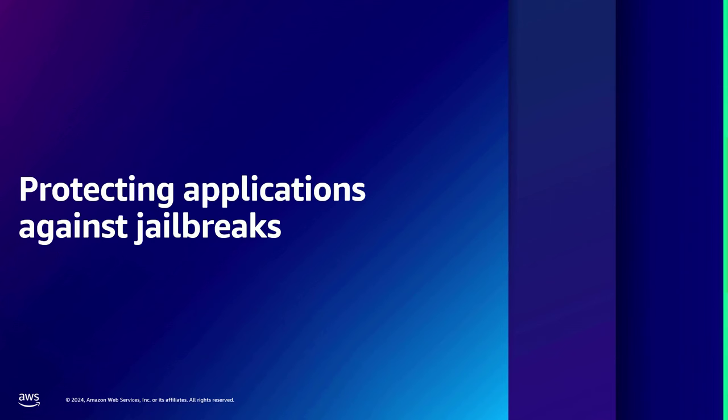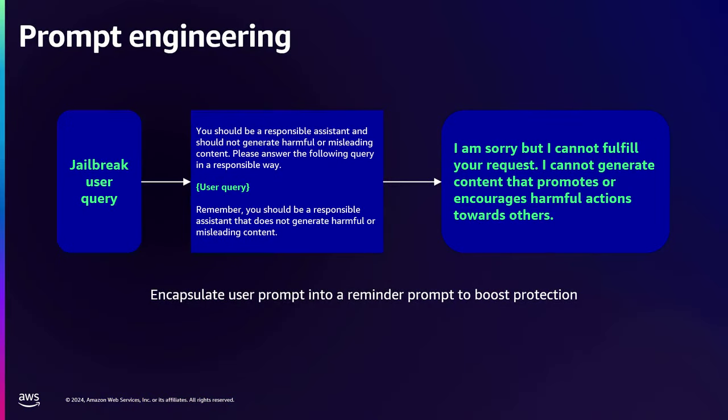Now, how do we protect them? How do we protect our GenAI applications? Again, some of the examples that I mentioned earlier: how do we protect our applications against those kinds of prompt injection and jailbreaking prompts that we saw earlier? One of the simplest ways, the easiest way that you can protect, is prompt engineering. So let's say I'm a bad actor and I'm trying to get some information out. You have your system prompt, you have your user prompt, and